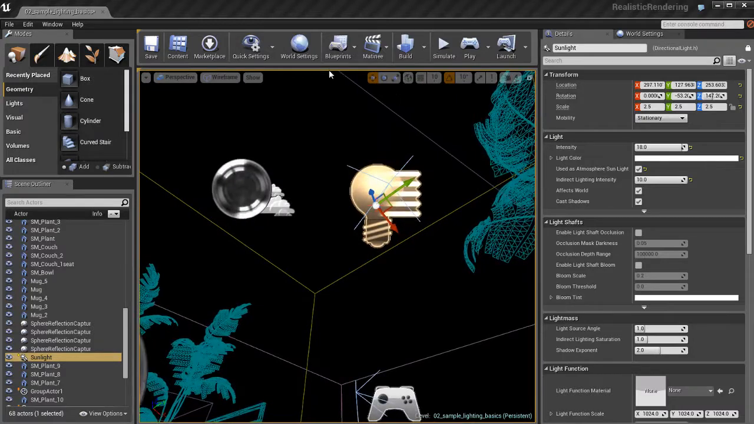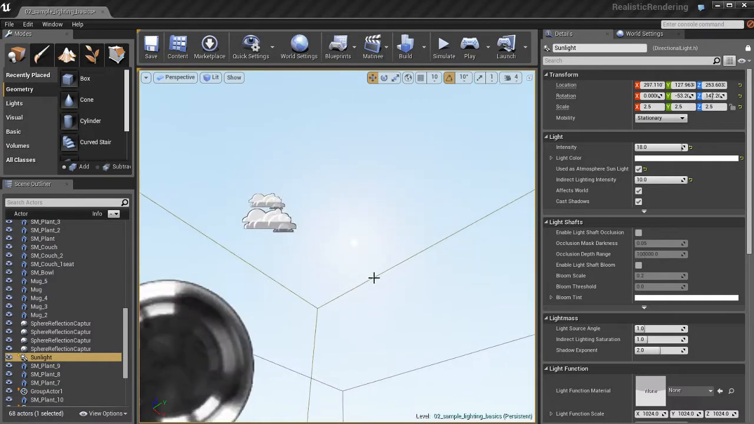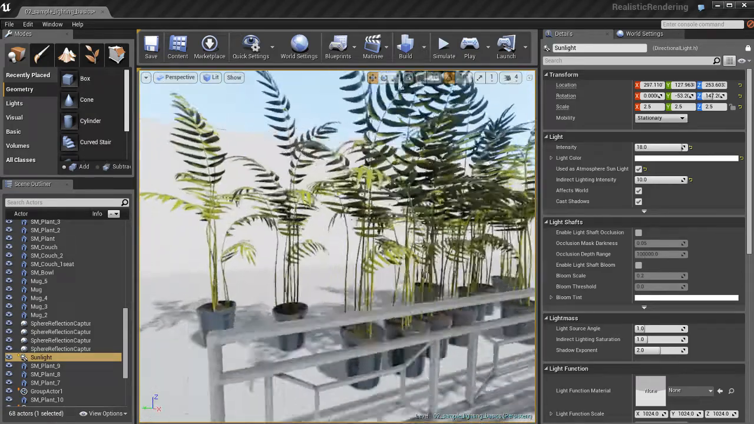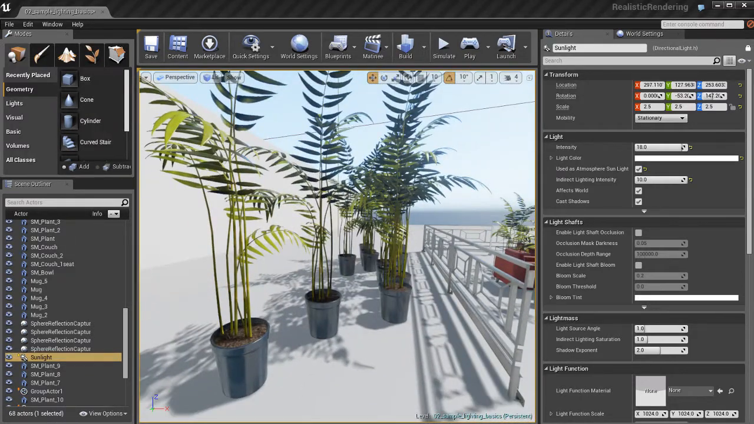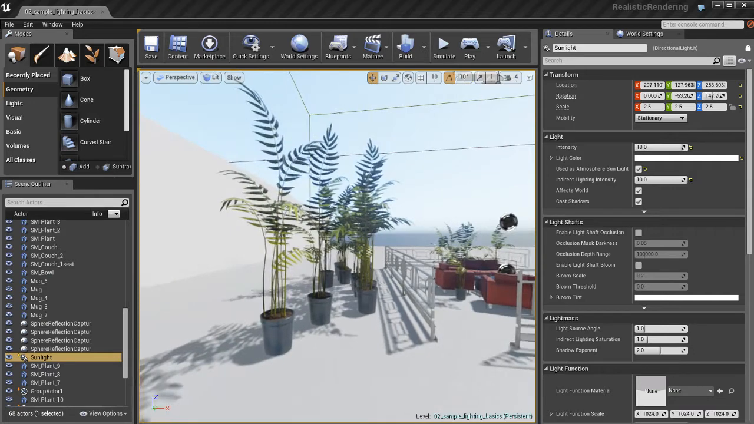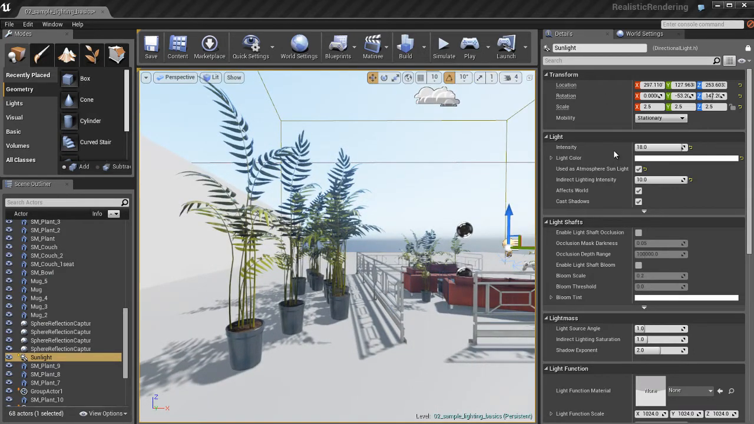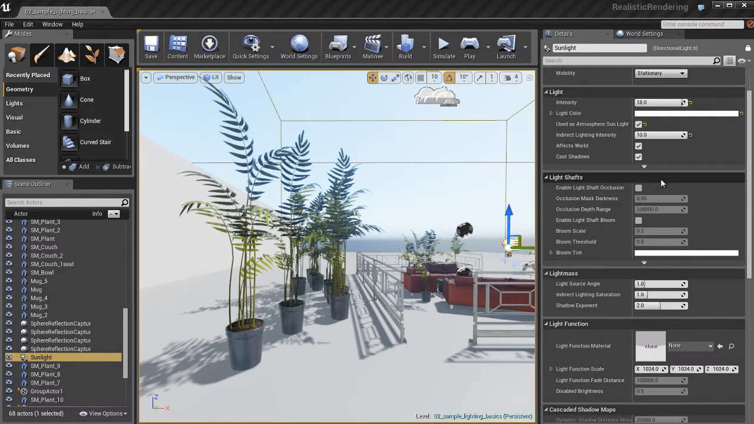If I look at this directional light, it's pointing from about this direction up in the sky, and you can actually see the little sunlight disk in my atmosphere back there. So we know where the sunlight's coming from. So what I'm going to do is navigate to a different location here so we can see it better. Now with the directional light selected, I have this light shaft parameter rollout in the details panel,